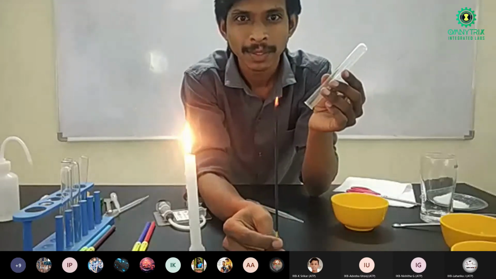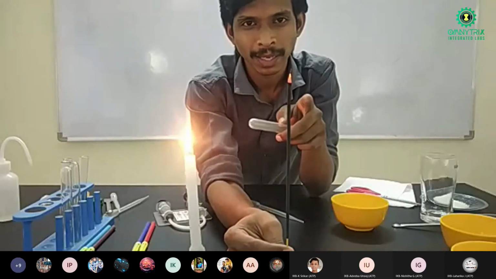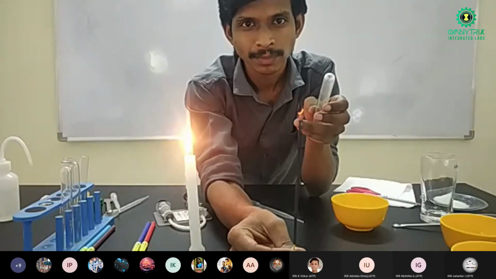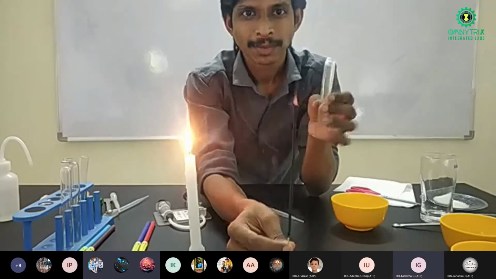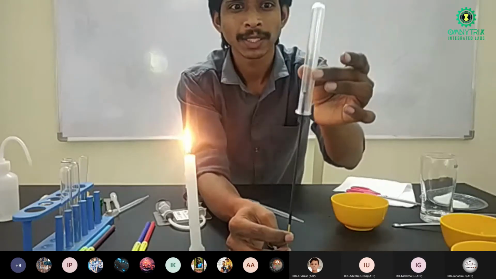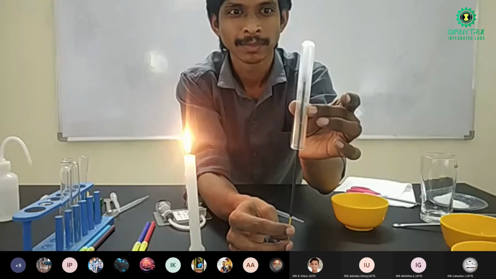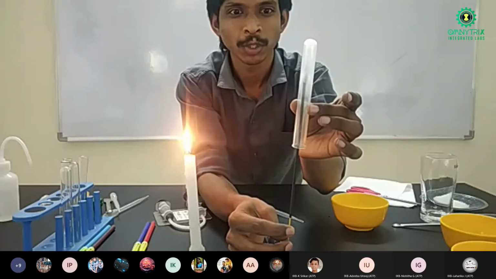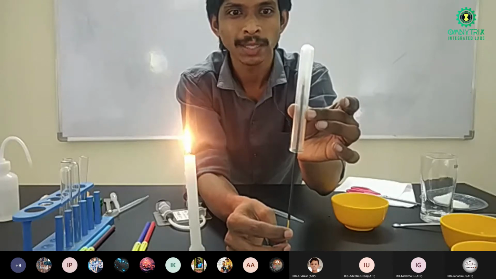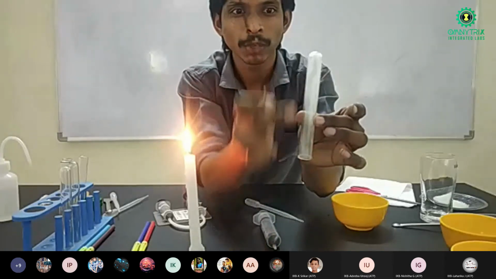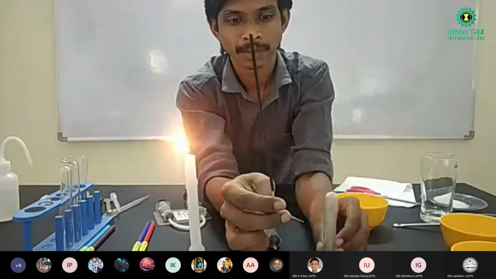Now is there flame on this? Is it burning? Is the incense stick lit? Yes, sir, it is on. See the magic. Now gas is formed. Diffusion of gas is taking place. The diffusion is more on the top side than the bottom side. Here more diffusion, here less diffusion. And this is not on.